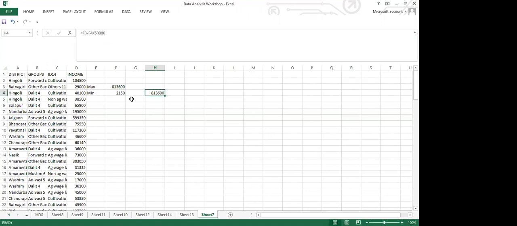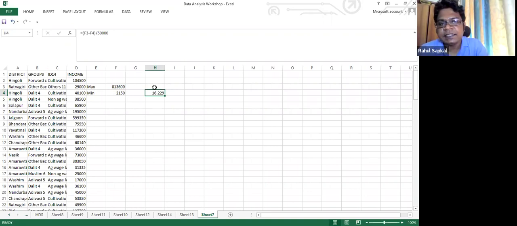But when we are dividing by 50,000, isn't F4 getting divided by 50,000 instead of the subtraction? Because we're not putting brackets in the subtraction. Yeah, sorry. So this 16, it is showing a total of 16 columns.